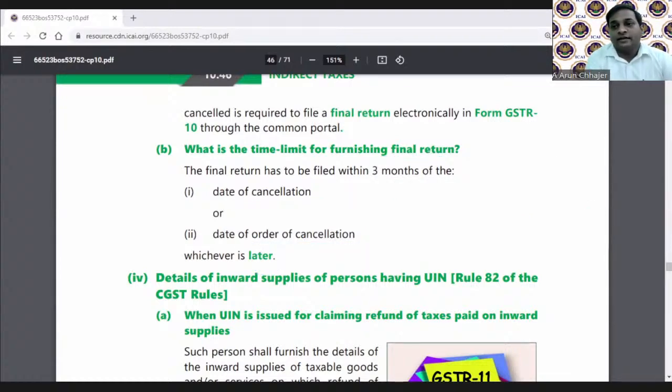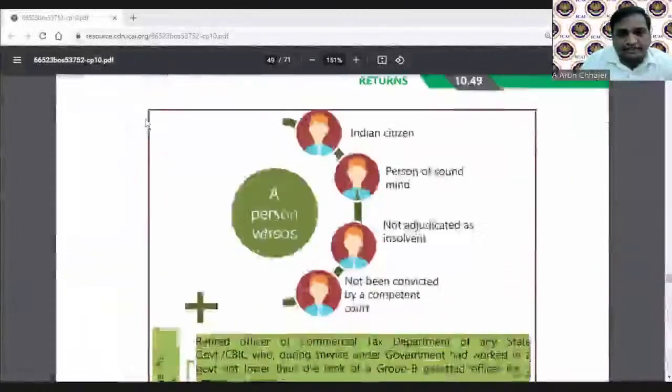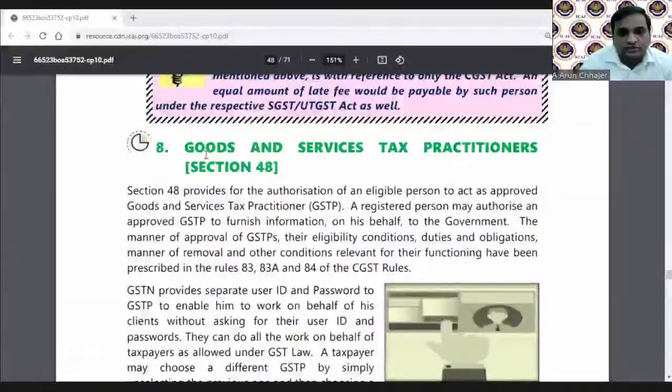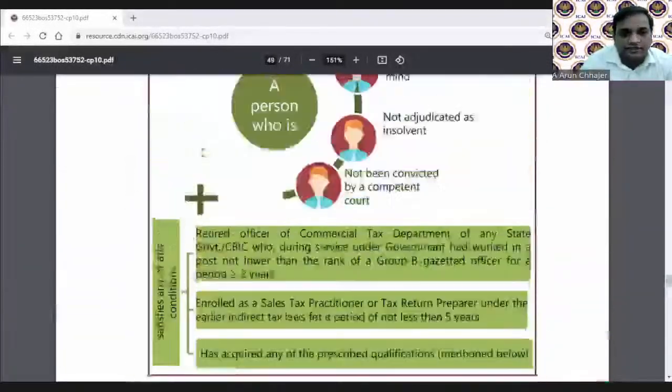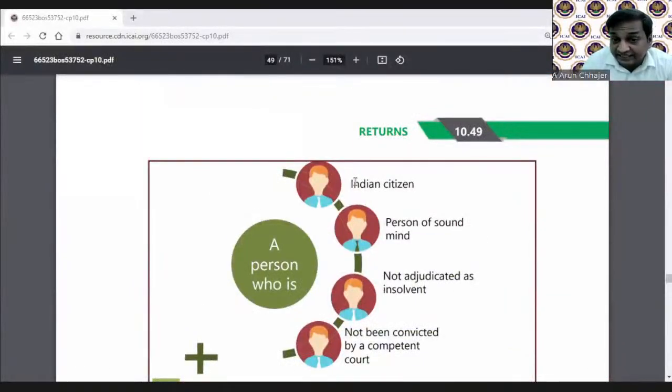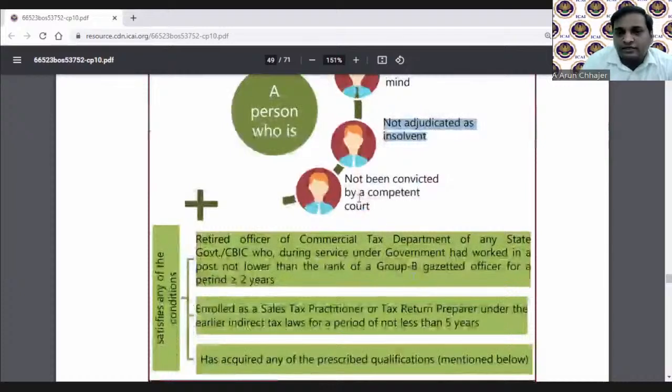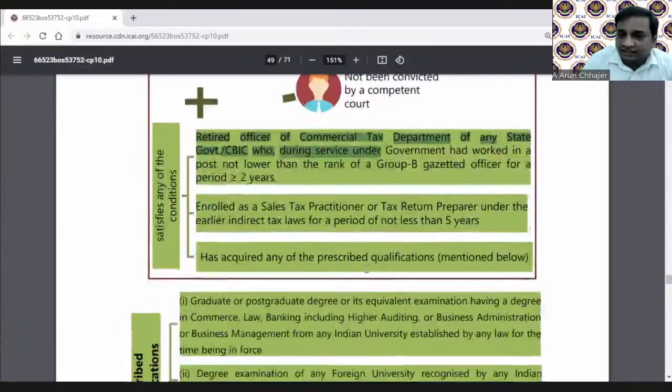Fine. You can also read the provision. It's a theoretical provision, section 48, GST practitioner. Let me read about it from this provision. A person who is an Indian citizen, of sound mind, not adjudicated as an insolvent, not convicted by a competent court, or a retired officer of the commercial tax department of any government or CBIC who has worked in a post not lower than the rank of group B gazetted officer for greater than or equal to 2 years,